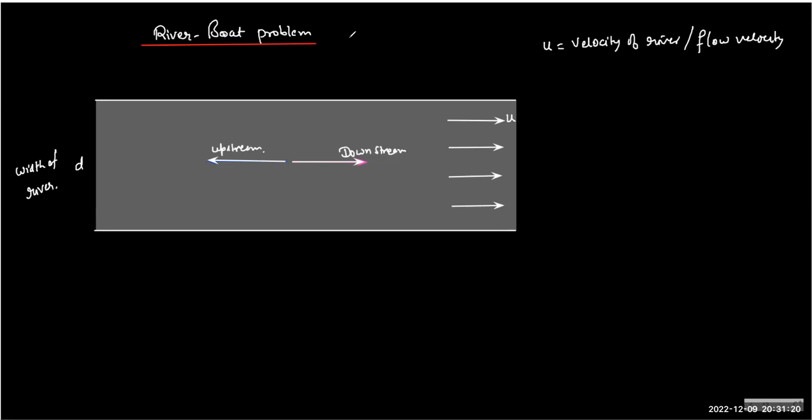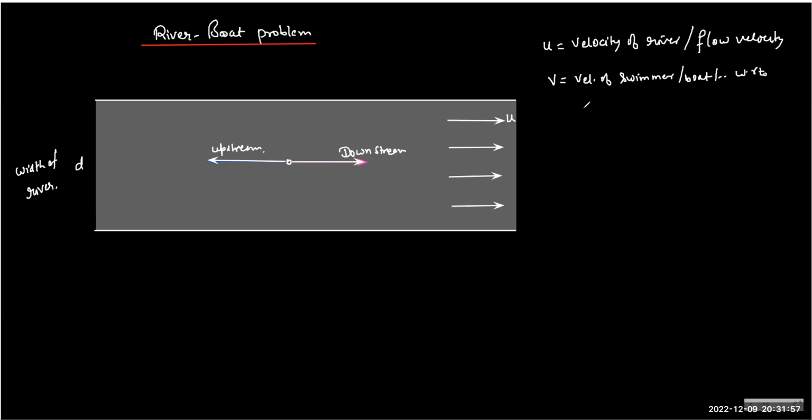It is not at rest. So we call it upstream and we call it downstream. You can move the way you want. So we use the term v, which is called the velocity of a man or swimmer or boat or whatever, the velocity of the swimmer, boat, or whatever, with respect to